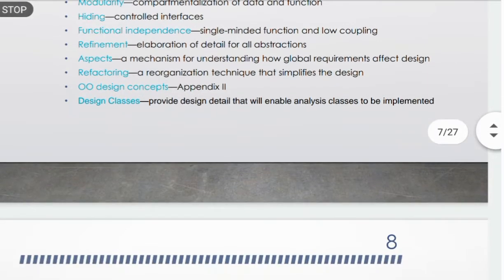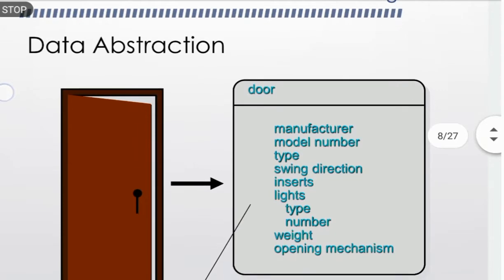So first of all, now we are going to study data abstraction. When we consider a modular solution to any problem, many levels of abstraction can be posed. At the highest level of abstraction, a solution is stated in broad terms using the language of the problem environment. At lower levels of abstraction, a more detailed description of the solution is provided. So basically, we can define abstraction in two types: data abstraction or procedural abstraction.